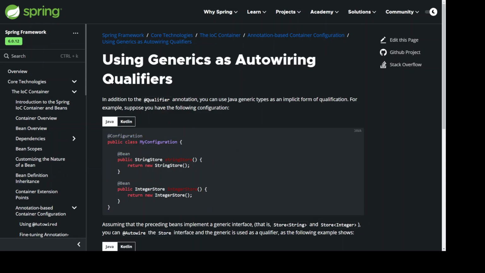Using generics as autowiring qualifiers. In addition to the @Qualifier annotation, you can use Java generic types as an implicit form of qualification. For example, suppose you have the following configuration. @Configuration public class MyConfiguration { @Bean public StringStore stringStore() { return new StringStore(); } @Bean public IntegerStore integerStore() { return new IntegerStore(); }